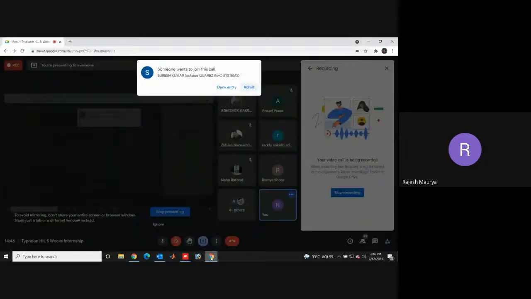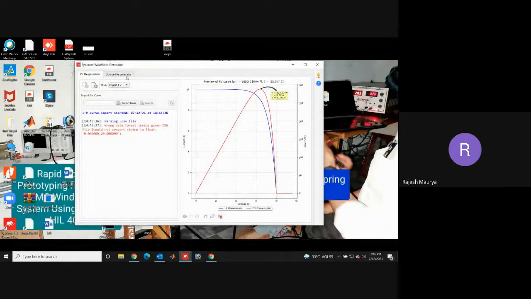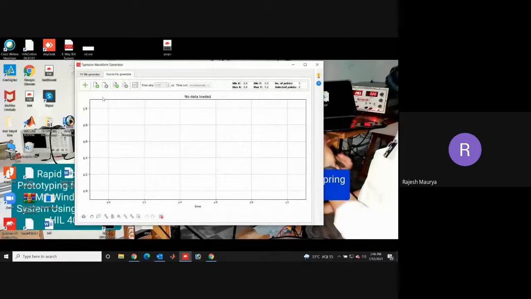Now, what we'll check next, we'll find this option, source file generator. Similarly to the PV file generator, where we generated the PV curve and the IV curve and saved the data in .ipvx format,